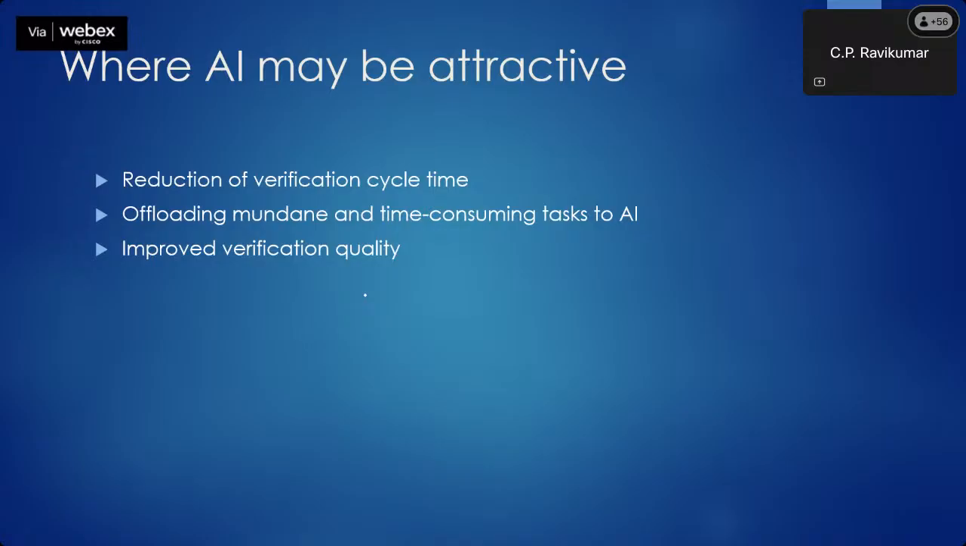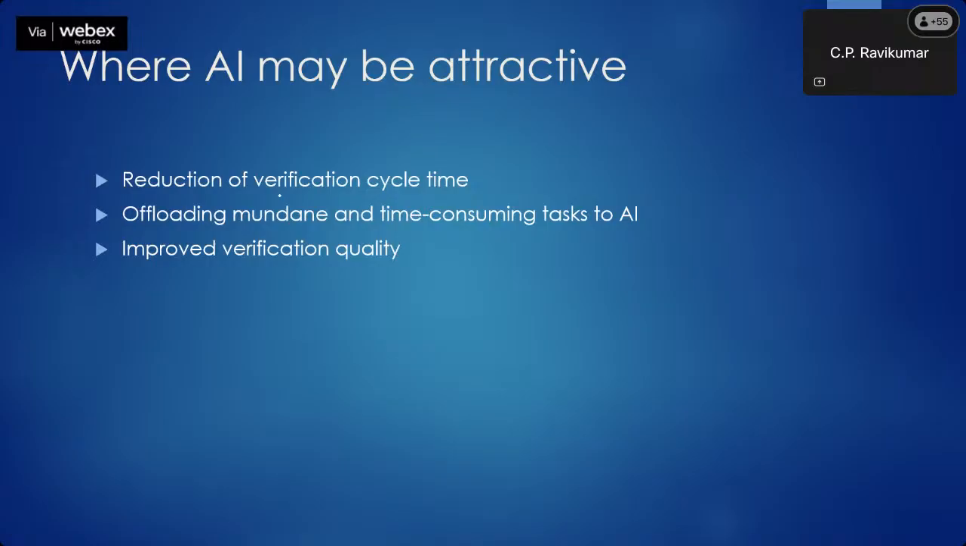The whole reason why AI seems attractive to everybody is that about 70% they say of the total design cycle time is spent on verification. So if it can bring it down even to 60%, people are quite happy, right? So they are going after reduction of verification cycle time,